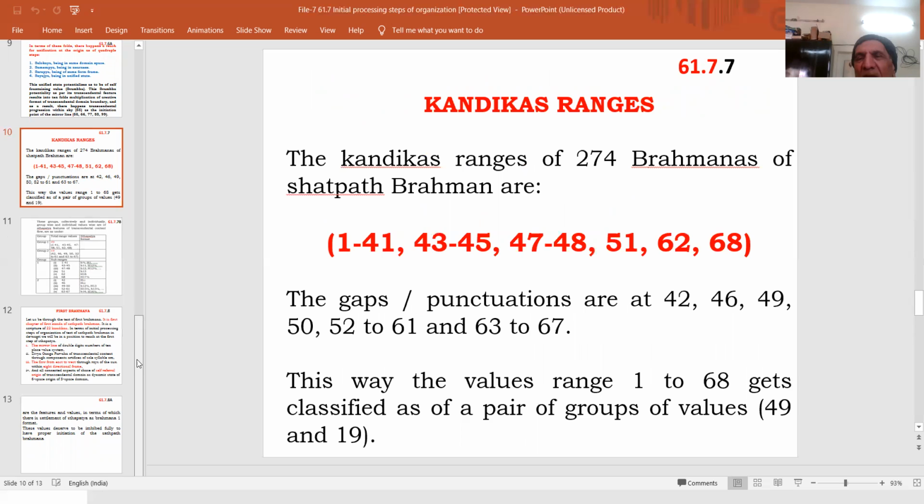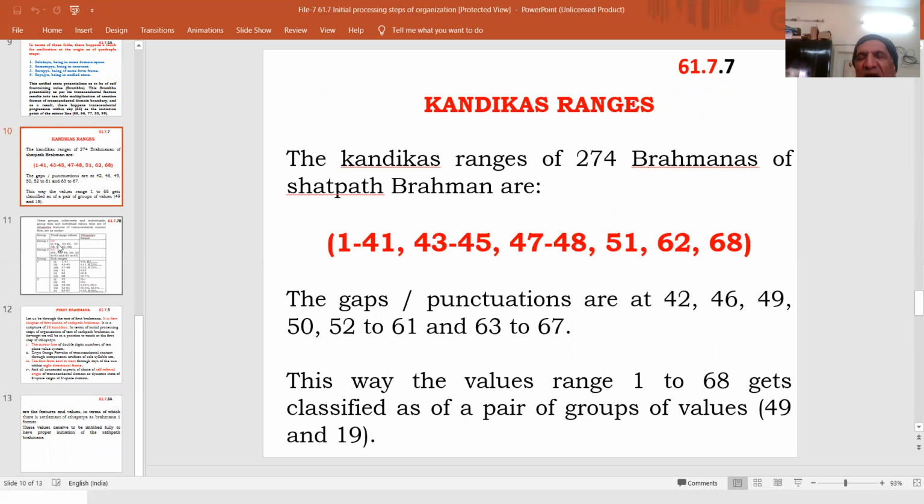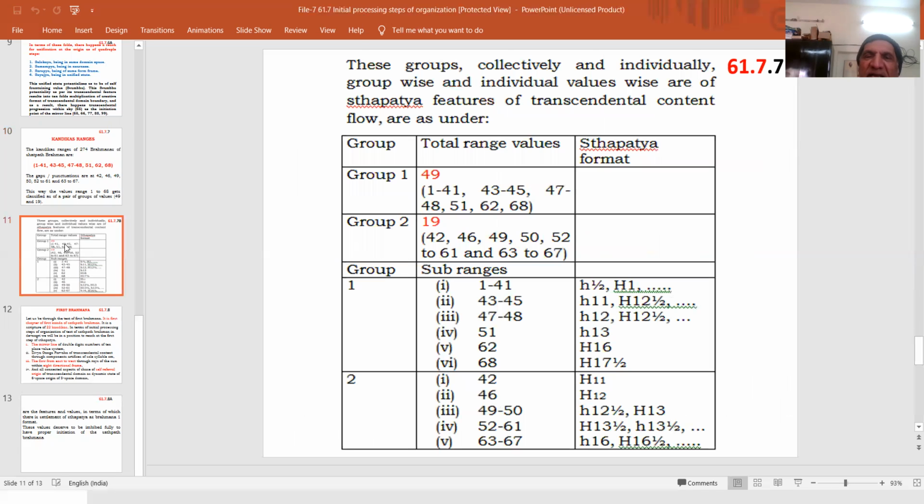Therefore, we, in the light of these initiation steps, have to focus upon the kandikas ranges of 274 brahmanas, and these are 1 to 41, 43 to 45, 47 to 48, 51, 62, and 68, leading to gaps punctuations at 42, 46, 49, 50, 52 to 61, and 63 to 67. This way, the values range 1 to 68 gets classified as of a pair of groups of values 49 and 19. This classification as group 1 of 45 values and group 2 of 19 values with subranges as are tabulated